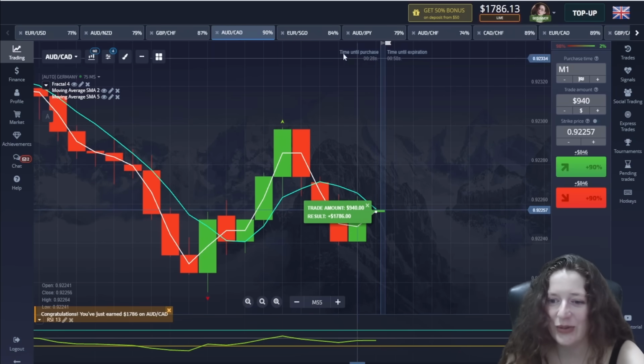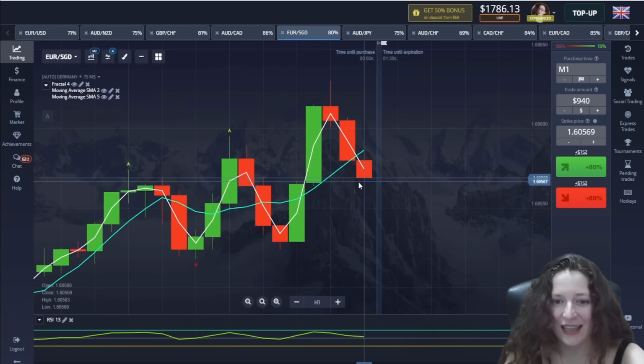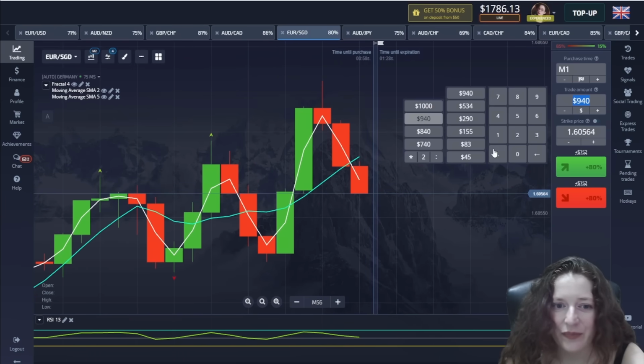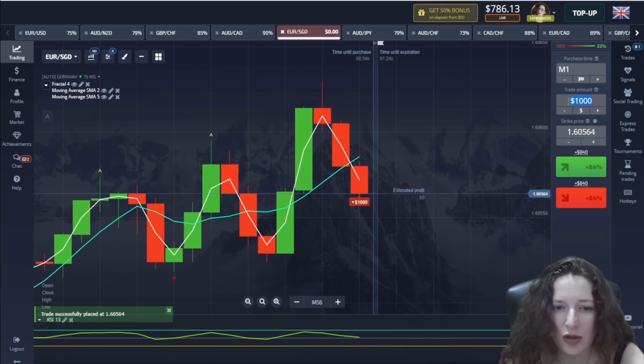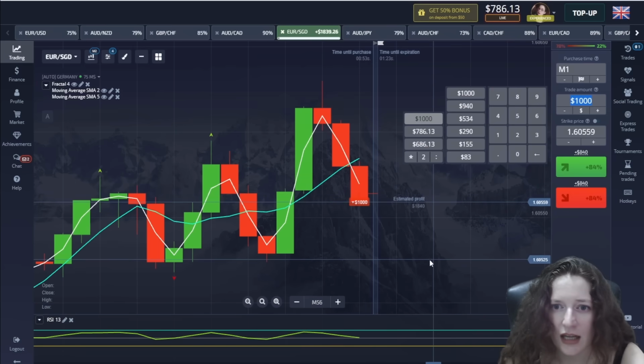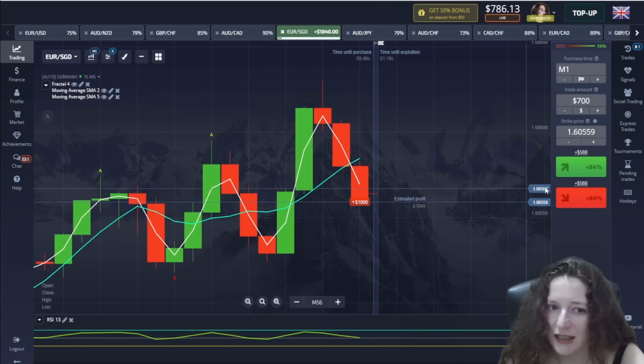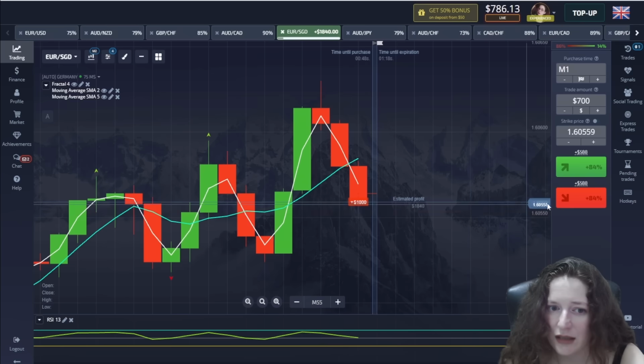I won. It's wonderful. I love this method, guys. Arrived for the perfect moment on time. Here I am going to trade first with $1,000, and then I will add 700